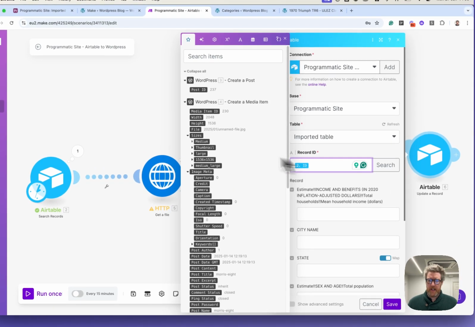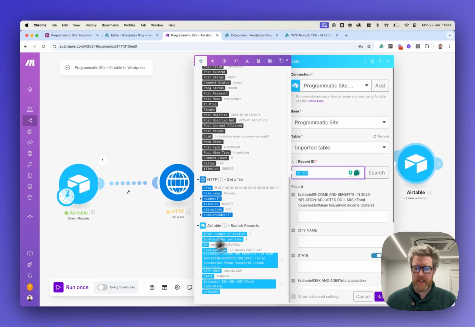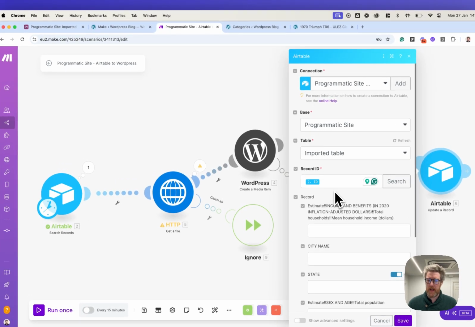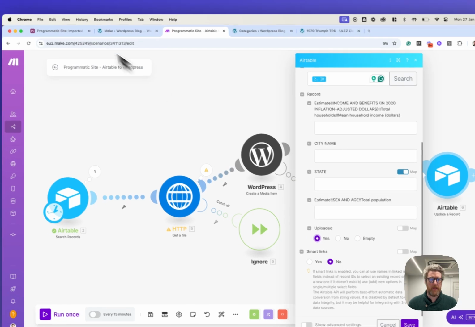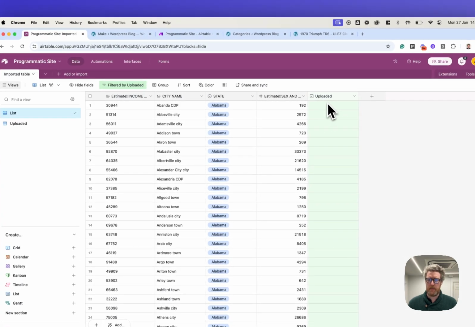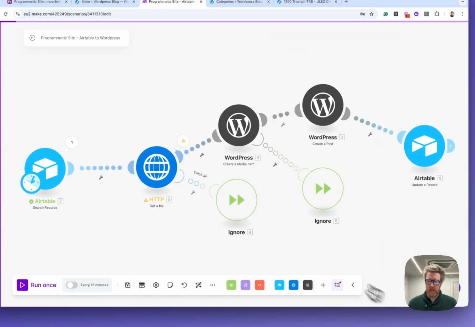And again, the record ID is pulled from here. So when it pulls the first record ID, it takes this. So you map that. And then come in here and click uploaded is yes. And what that will do is when it's done, it will tick this box and move it to the uploaded list. So if we hit save on this,